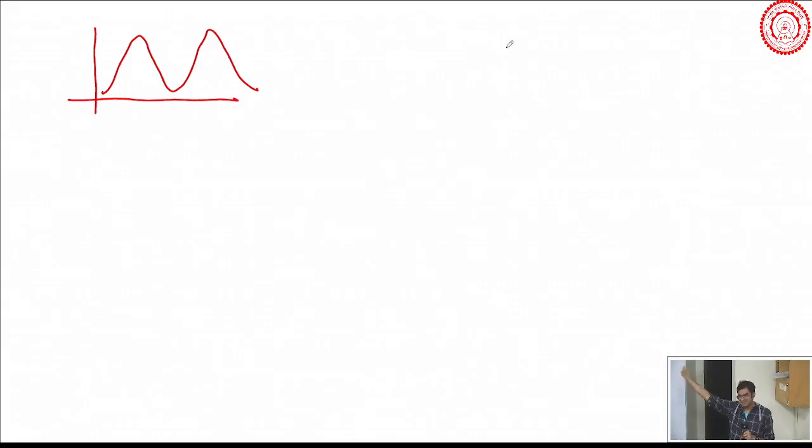This is an empirical distribution which I do not know, and I have samples from that. Because if I know this, then I don't need a generative model, right? So I have samples from a multimodal Gaussian, just assume it, right?